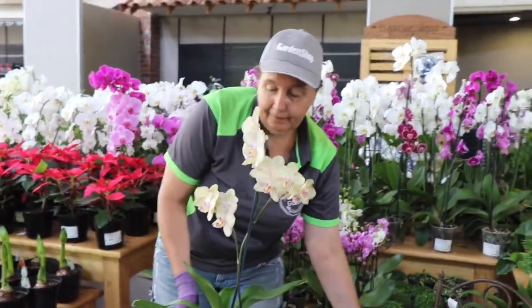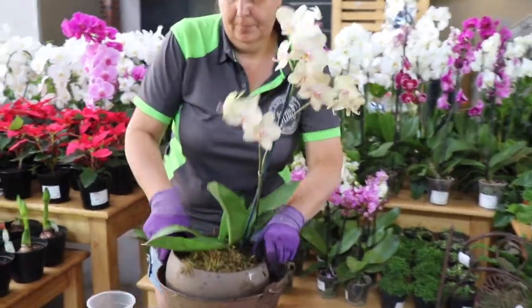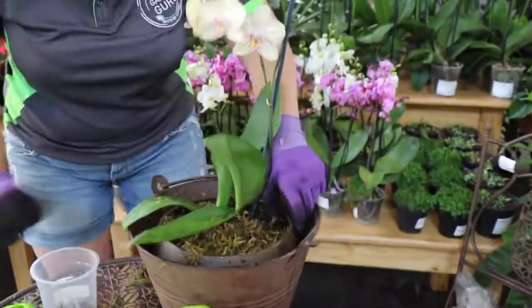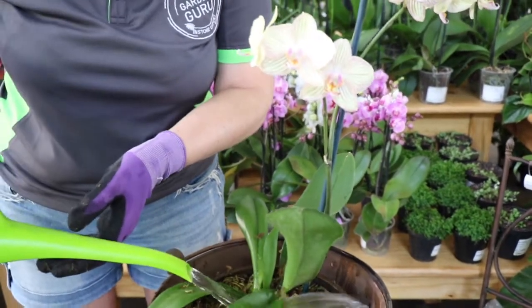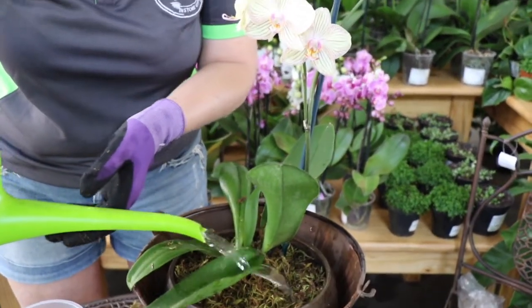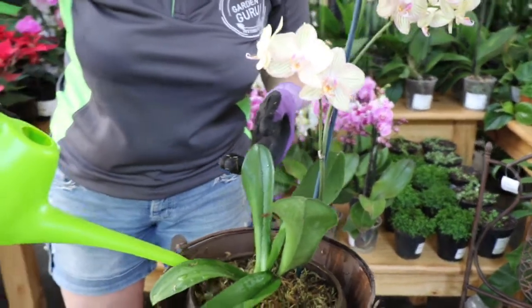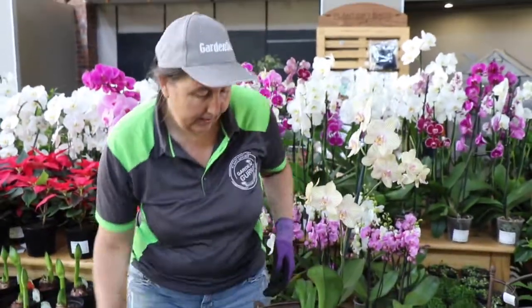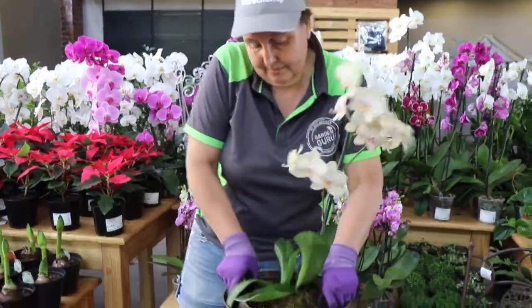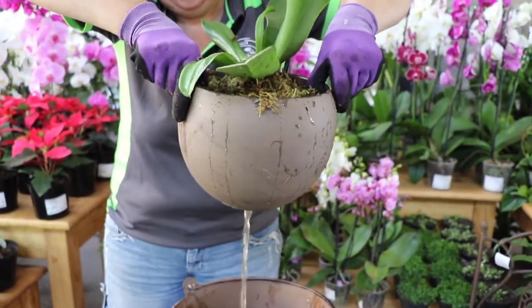But now, because I've just repotted this one, I'm going to put it in here, and I'm going to drench it with water so that the water runs through, and then I'm going to take it out of the bucket with the water. There we go. And I'm sure you'll be able to see the water's running right through,